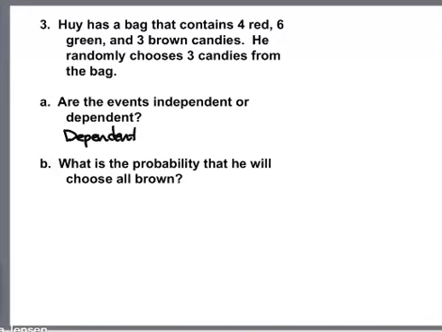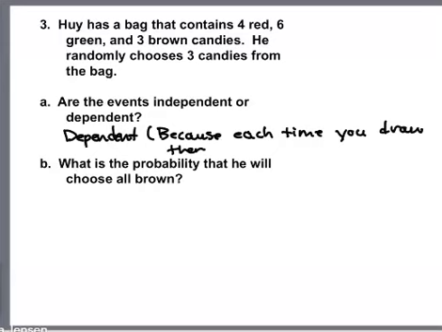Well, why are they dependent? Well, it is because each time you draw, there is less candy. We did not replace it this time. Okay? We just kept picking. So this is the probability that we get a brown